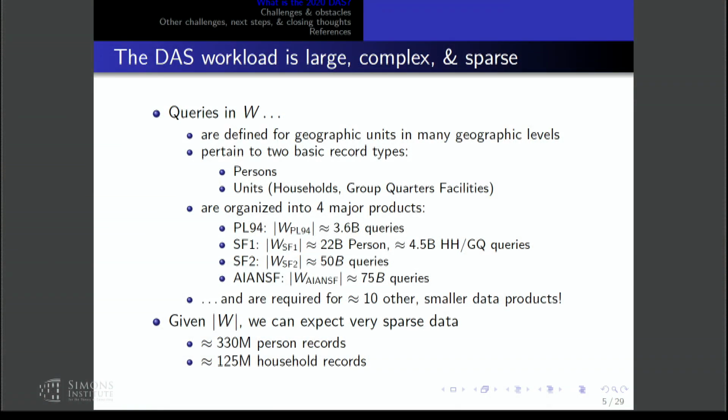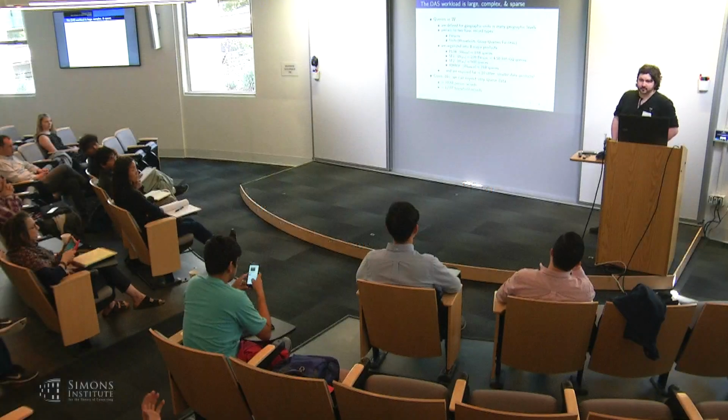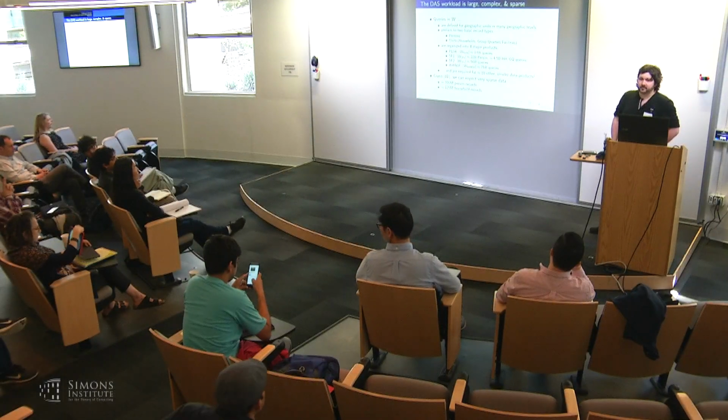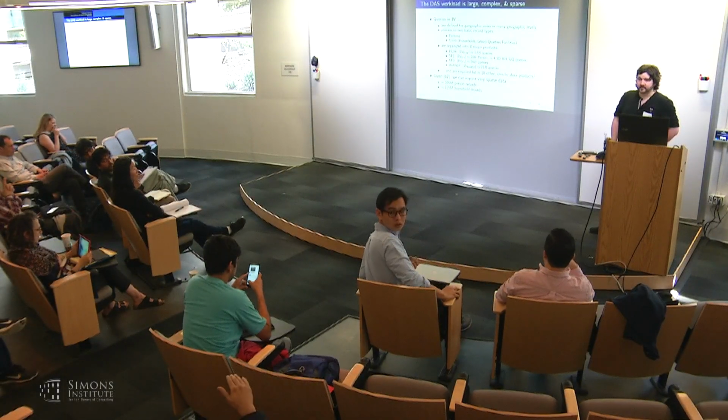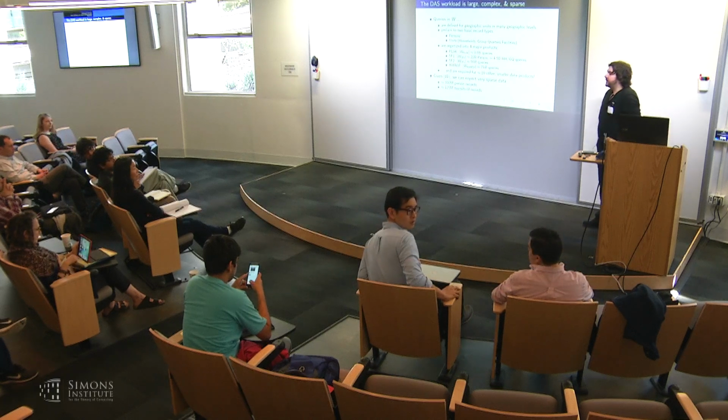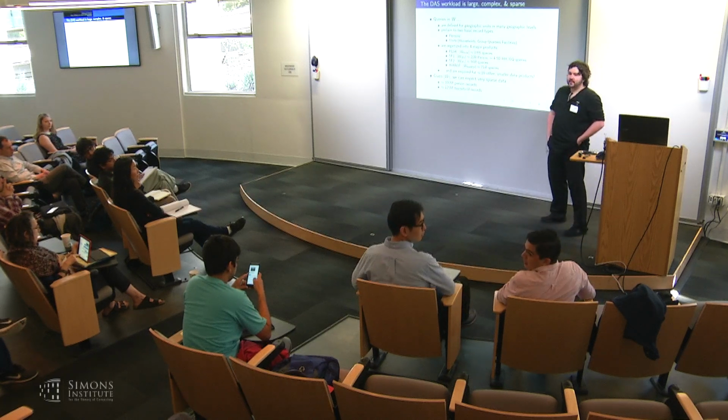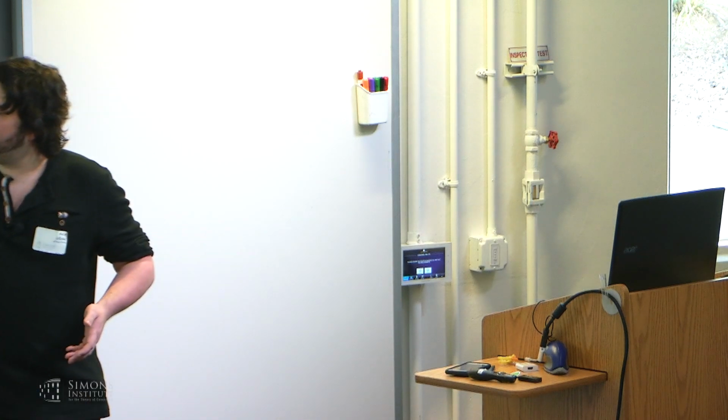So I guess PL94 is needed for the specific legal reason of redistricting. Are there specific legally required use cases for the other 3, or do we give them because we like to share data? It's really hard to give a terse answer to that. The reality is that there is not a single centralized database that collects all of the legal justifications for and uses of each of the individual tabulations that are published in the census. So that's kind of a murky answer, but it is also the case that these other products, SF1, SF2, and AINSF,